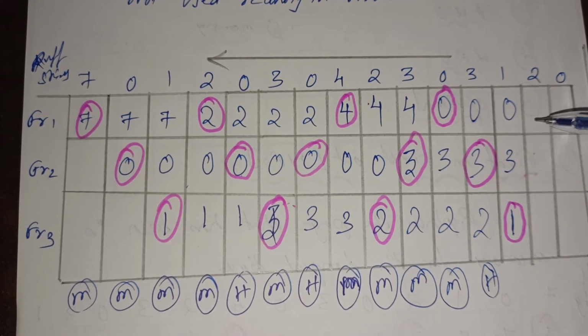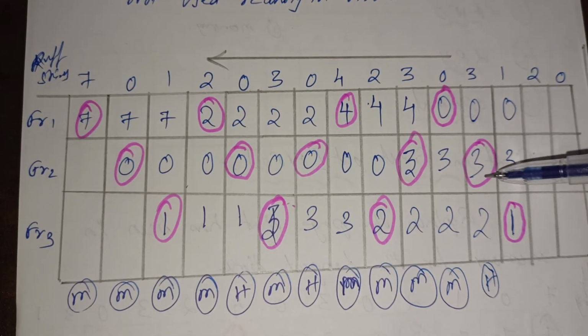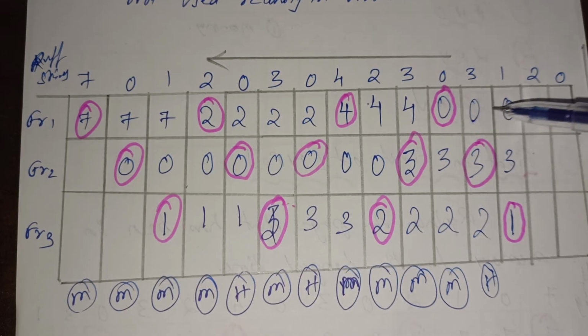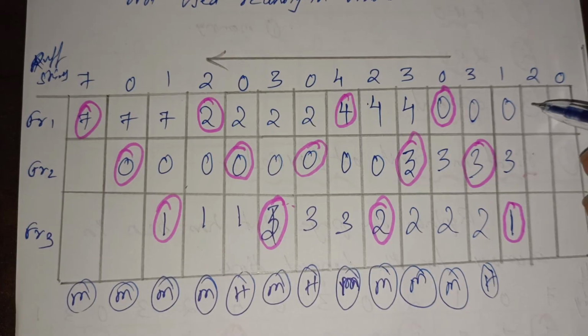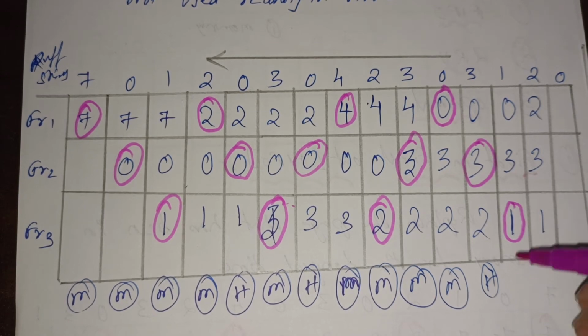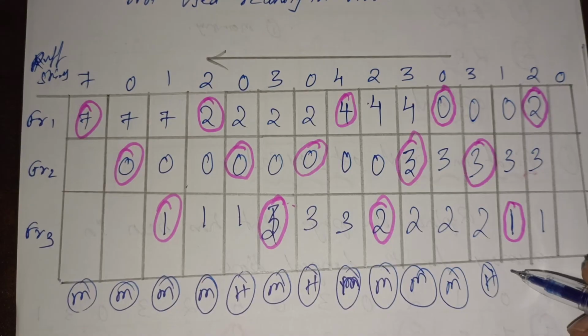Now 2 is called inside. Comparing to this, you can check it. 0, 3 and 1. 1 is used recently, next used and next used. So here 0 is not used recently. So 0 will be replaced with this requested string called 2. 2, 3, 1. So here 2 is used recently, and here it is a miss, and here also it is